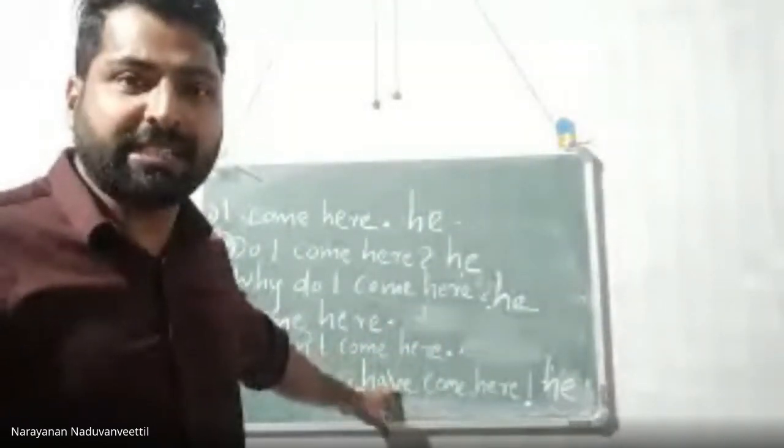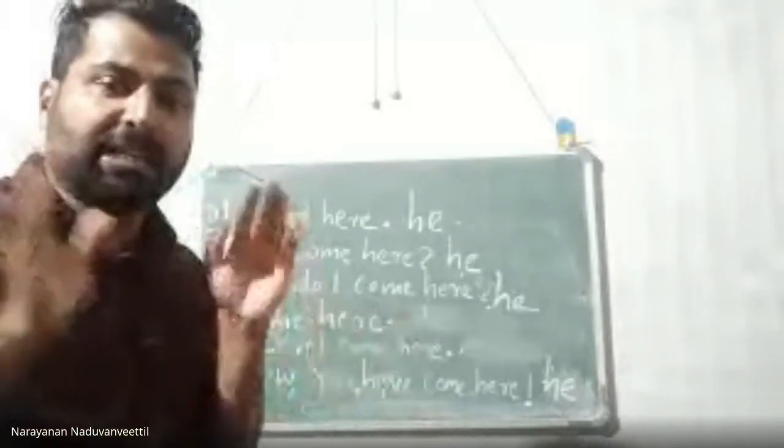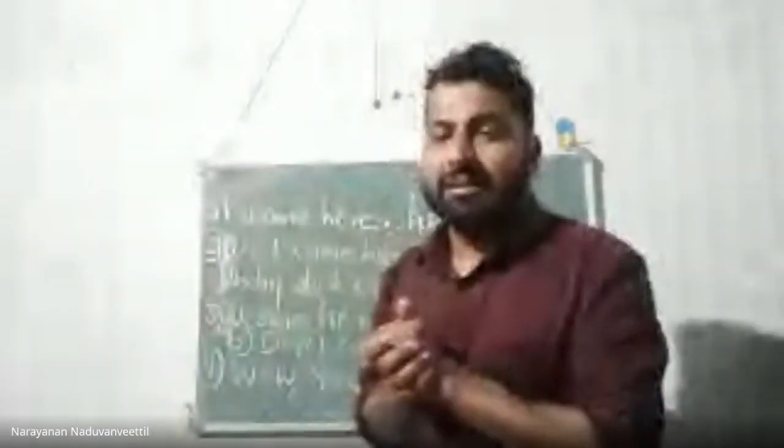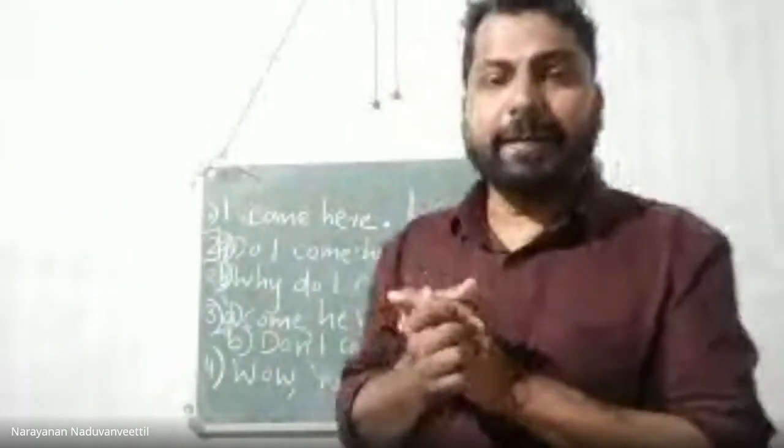But before that, let me ask you two or three things. What is the connection word used for reporting our common pattern sentence, that is, assertive sentence, affirmative sentence, declarative sentence? Easily identify that it starts with a subject. Subject means noun or pronoun. Then follows the verb, then the object, and ends with a full stop. What is the connection word in reported speech used to report this sort of sentence? That. Thank you. Don't forget that.